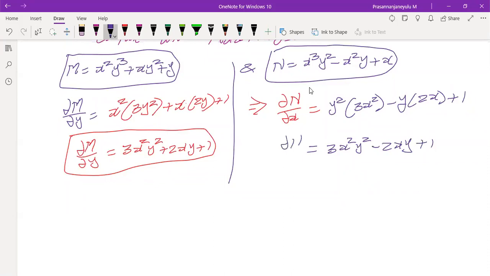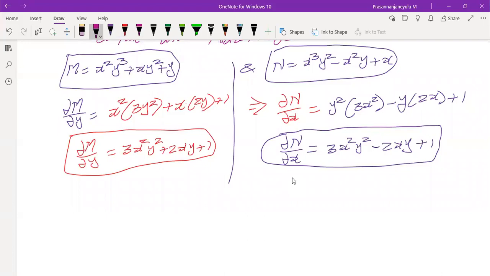Check it. No. So students, there is a small mistake that may be made: here we got plus, here we got minus. Sir, I think this is also plus in dou N by dou x, the second term was also plus. Maybe I made some mistake, or we made some mistake in the problem. No, we didn't make any mistake; we did it correctly. Sir, only because of the plus or minus difference, we have to do the same process? That means this much lengthy process: finding the integrating factor and converting non-exact to exact. Yes, we have to do it.